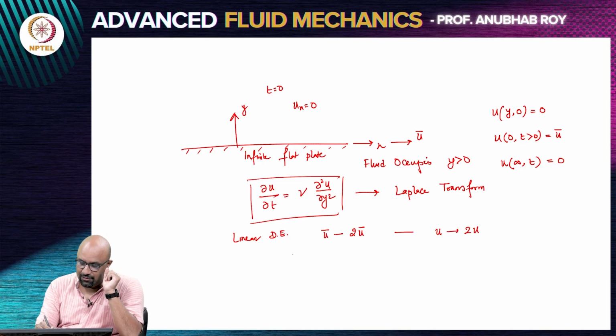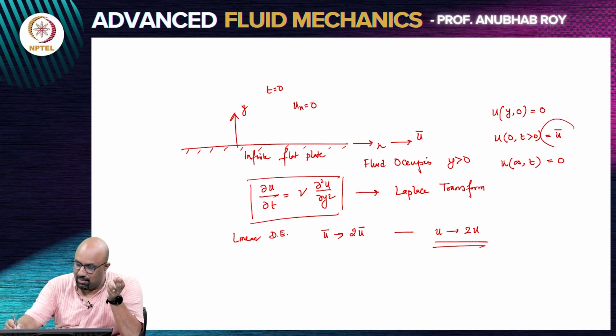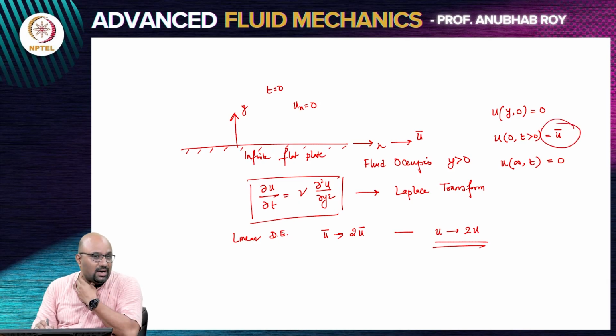If the bottom surface were to move twice as fast, then the entire velocity should scale by a factor of 2. You are solving a linear differential equation with linear boundary condition. So, if this particular boundary condition was increased by a scalar factor, then the fluid velocity everywhere will increase proportionally